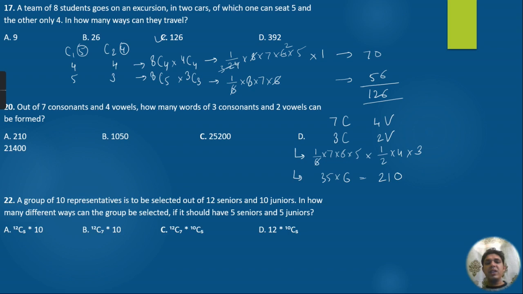After selection we have to do the arrangement also. I mean, we have selected five letters. Out of these 5, 3 are consonants and 2 are vowels. So in how many ways can I arrange 5 letters? Factorial 5. So just multiply it by factorial 5, that is 120. And the answer of this question will be option number C, that is 15200,